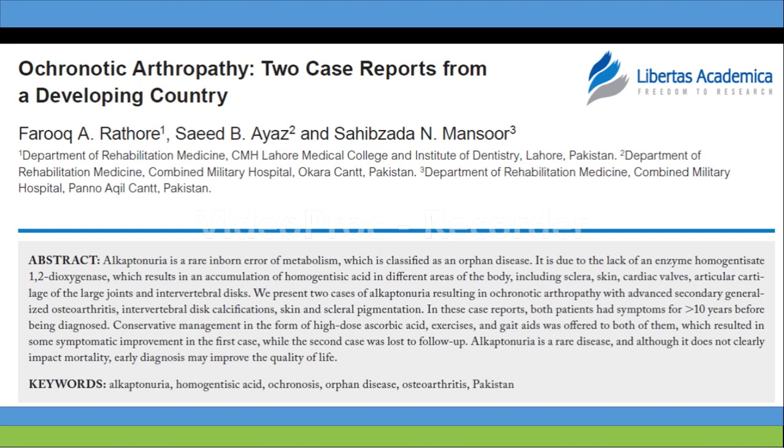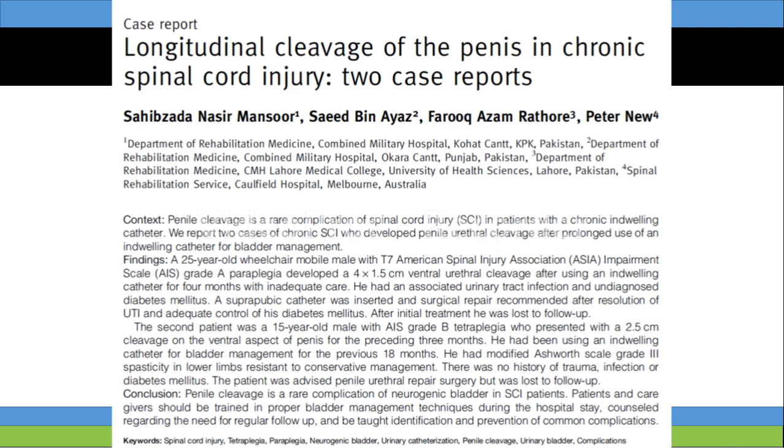Now this case report by my colleagues and myself is also an unstructured abstract. You can see there's no structure. There's simply a single paragraph followed by keywords. In contrast, a structured abstract will have a structure. It would have subheadings, and these would depend on the instructions to authors of that particular journal. For example, we published this case report in the Journal of Spinal Cord Medicine, and you can see that this journal follows a structured abstract approach for the case report. It has 3 subheadings: number 1 is context, number 2 is findings, and number 3 is conclusion.